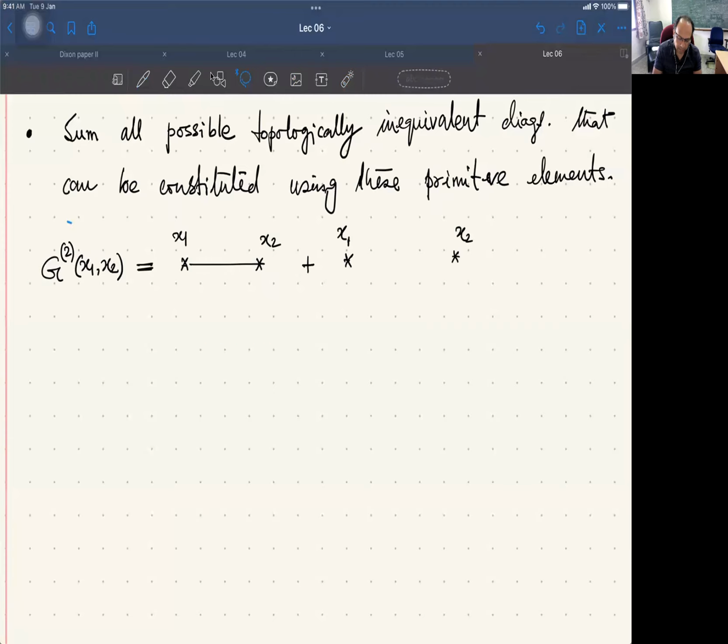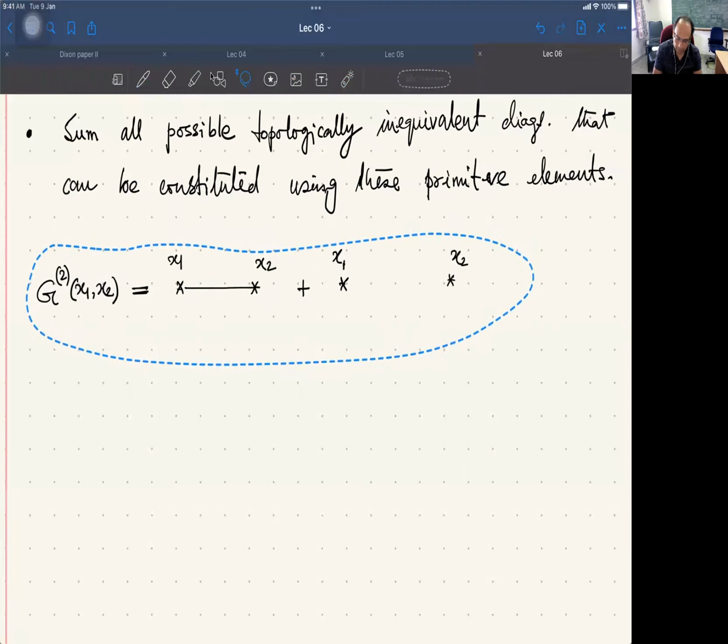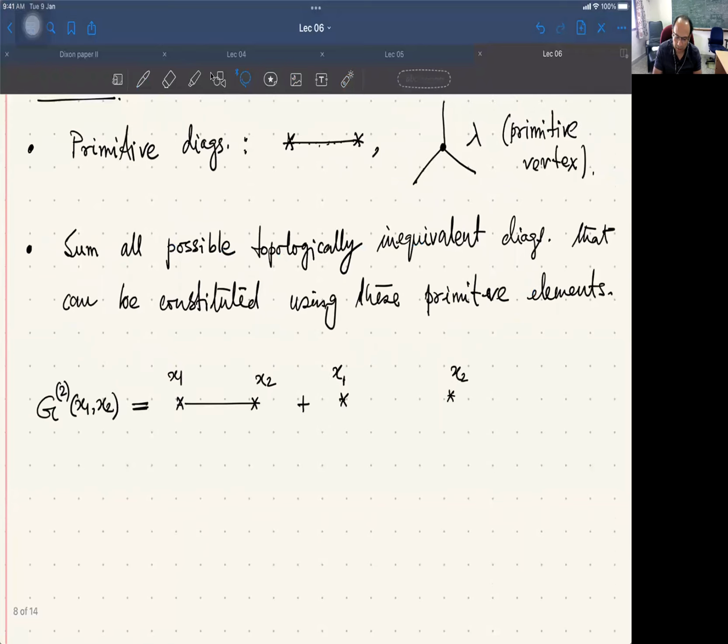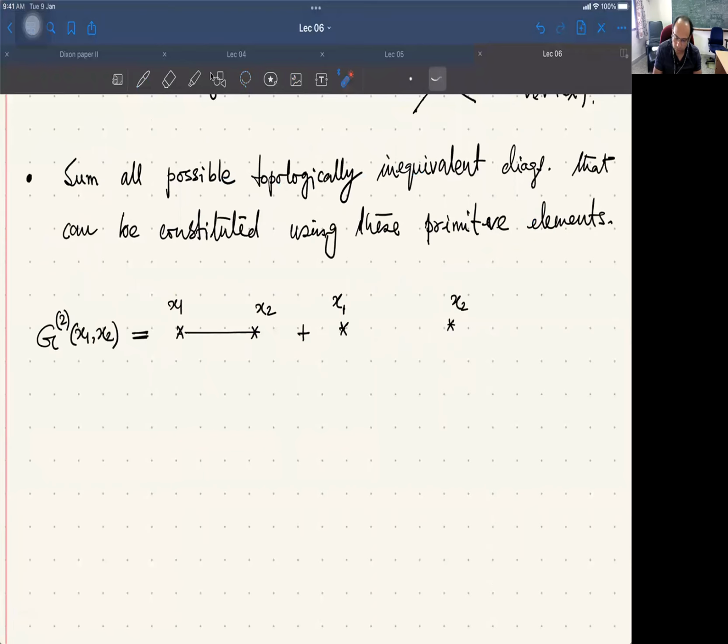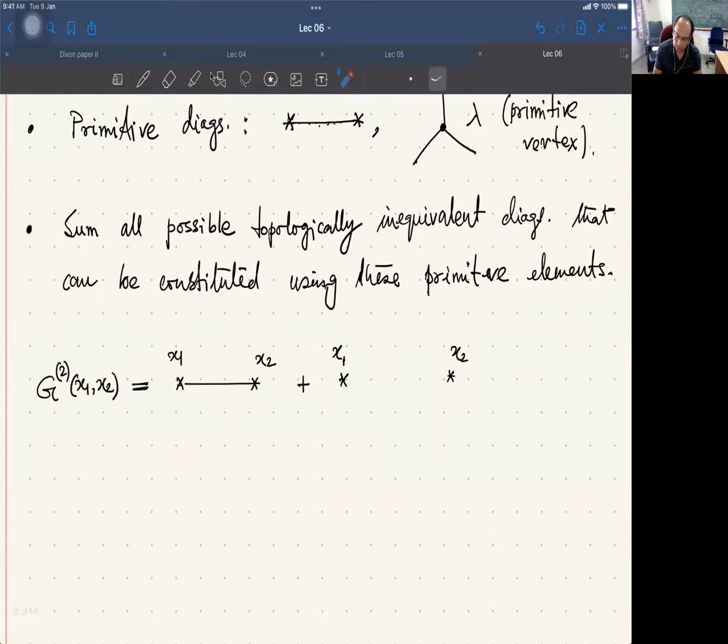but not simply by a single line, and the variations have to be made by making use of this junction. So here is how you can do. Since there will be a junction, you can put the junction. There has to be a junction somewhere, because you have introduced junction, and that is how you have decided to make variations. And if you put one junction, then there is no way you can connect them using these primitive elements. So you need at least two junctions here, and that would mean that you connect this junction